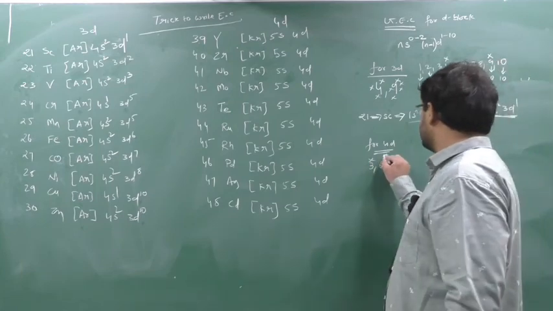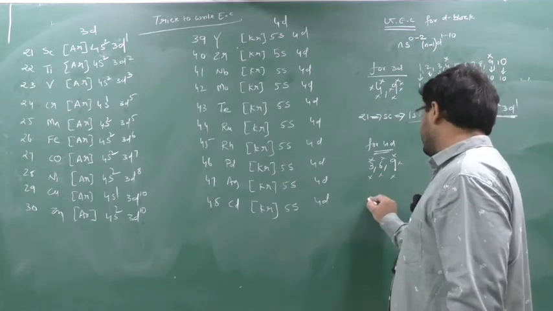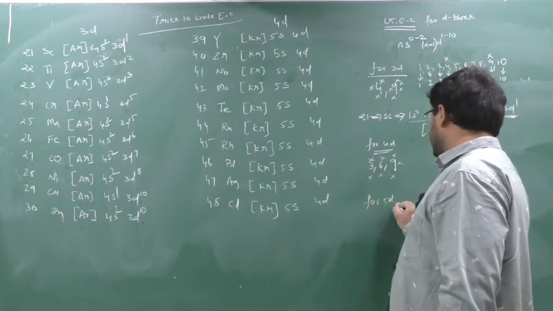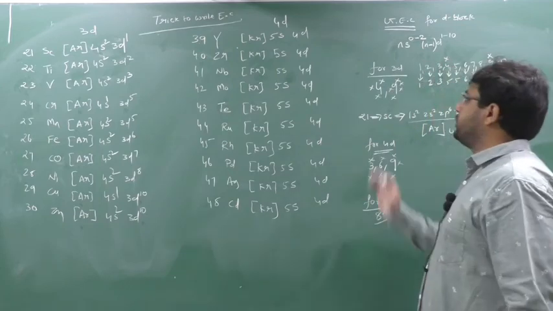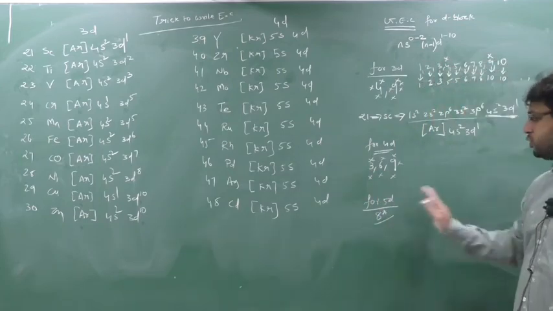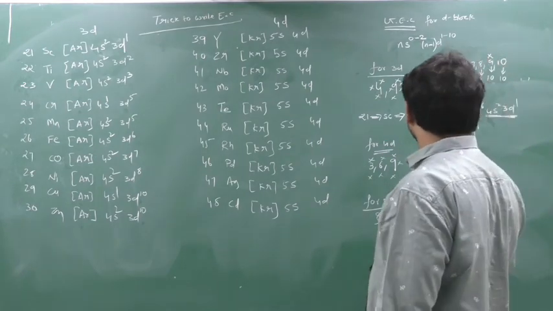In 3D, 4 and 9 you don't take. In 4D, 3, 6, 9. And I am not doing 5D. You do the 5D. In 5D, you don't take the number 8. The next series you can do at home, which is not important also. But for 5D, you should not take 8 and it will be solved in this way. Clear? Chalo. So we will see this now.